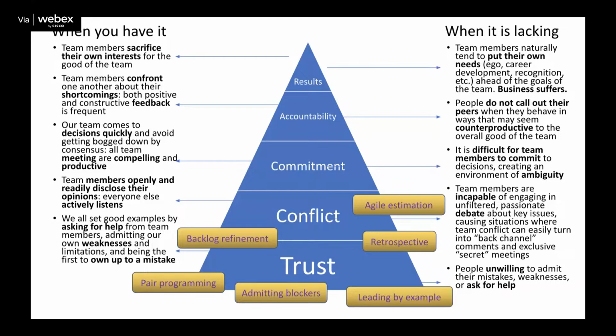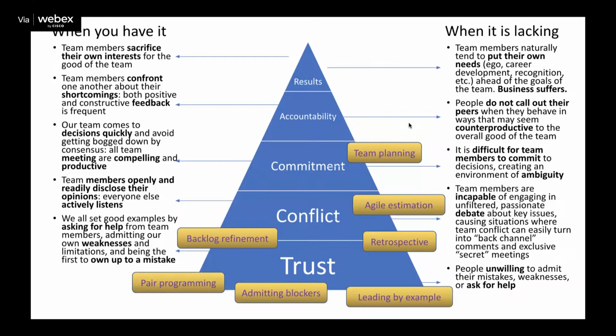But actually, as we all learn to work together, this is a way for Agile teams to build trust and have healthy conflict. And when it comes to commitment, team planning is fantastic. This is where it's not just the product owner and the scrum master doing the planning, it's the team. And I think we all know that it's more of a design exercise than it is a planning exercise. But let's see how that goes.